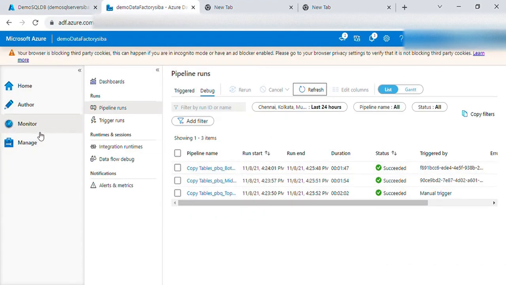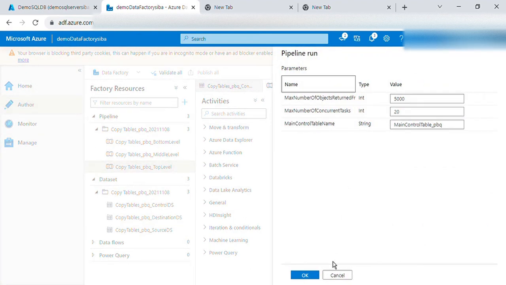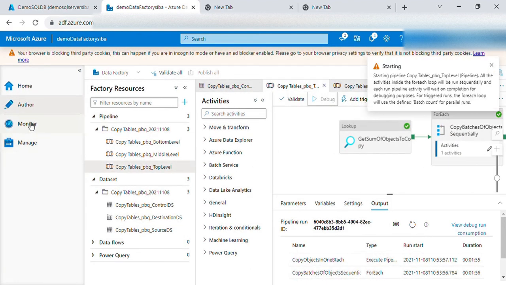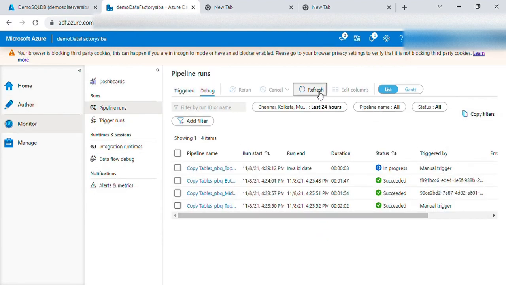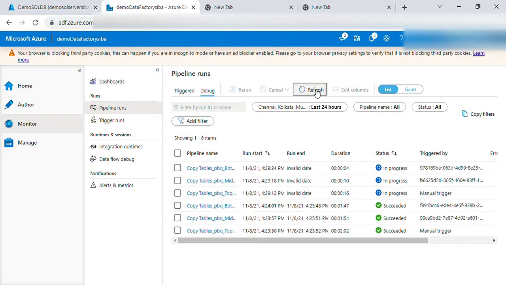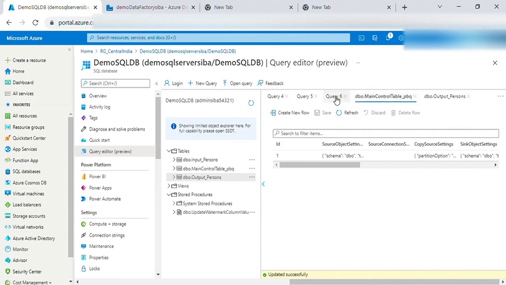Let's debug it again. We'll click on top label and then debug. So it will run again. There is no primary key, so it should copy the 3 rows again. We'll refresh, and another 3 lines will come over here. It took 1 minute 47 seconds. So it will take almost 2 minutes to copy. Then we can see after that is done,